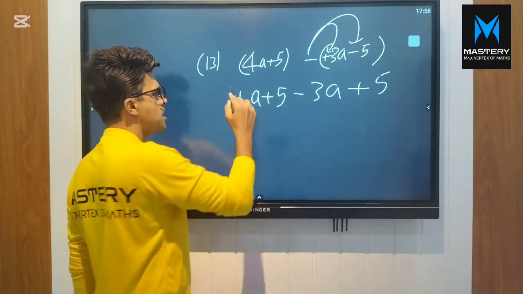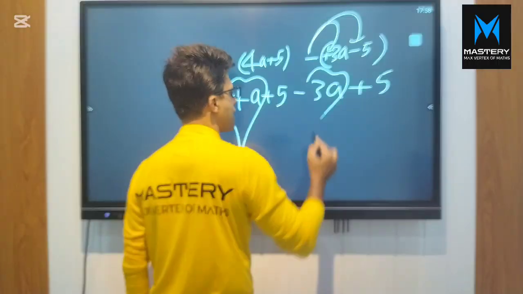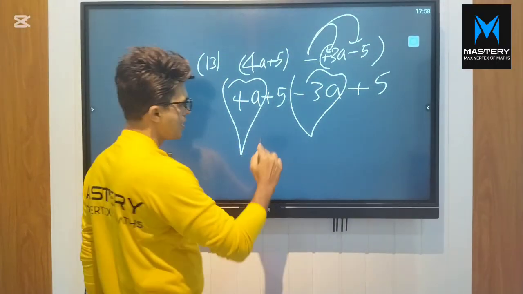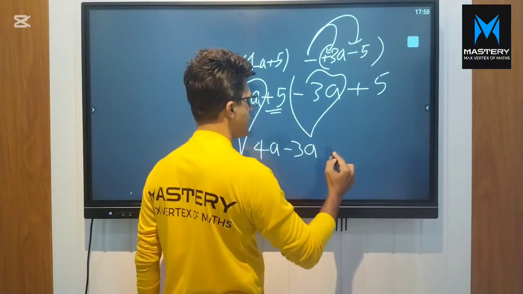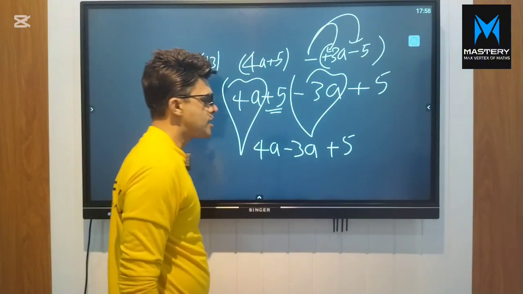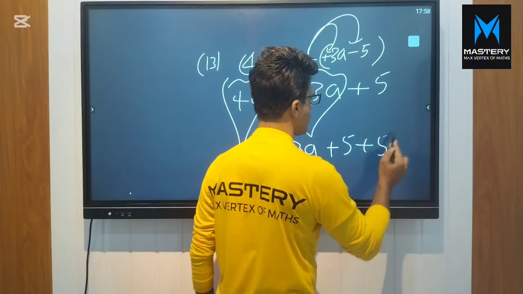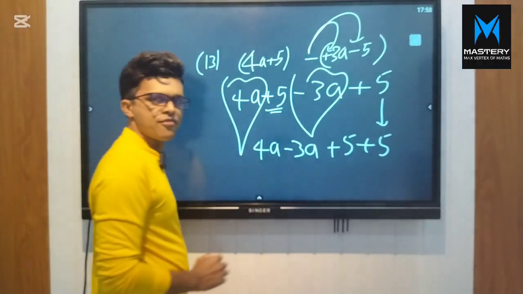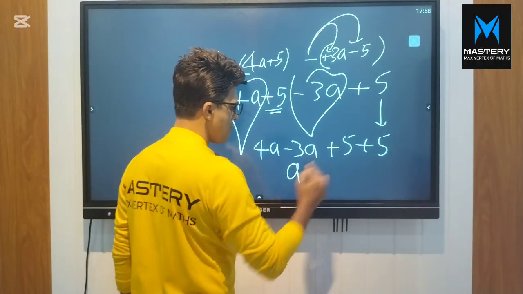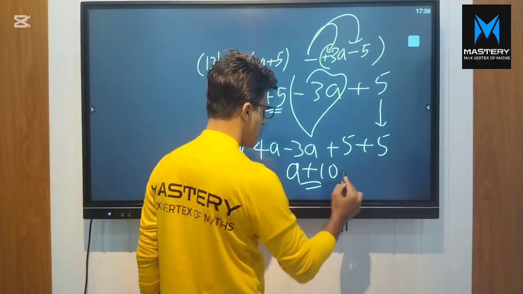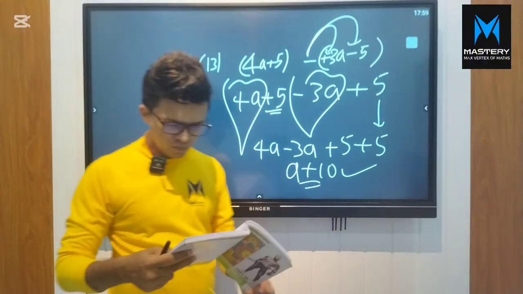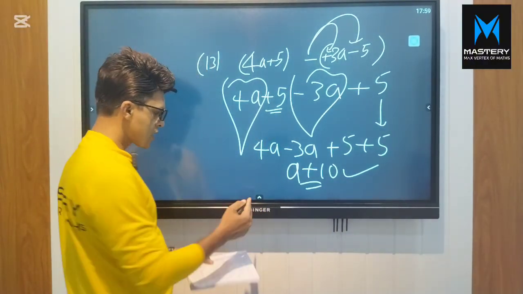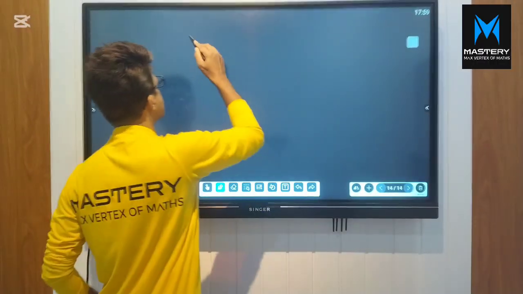Now how can you do this? Like terms can be simplified, right? Like terms can be simplified. Then 4a minus 3a, and also this 5 is brought here, and 5 plus 5. Now 4a minus 3a is a, 5 plus 5 is 10. This is the answer. These two terms cannot be added more. These are unlike terms. The next question, the 14th question, is